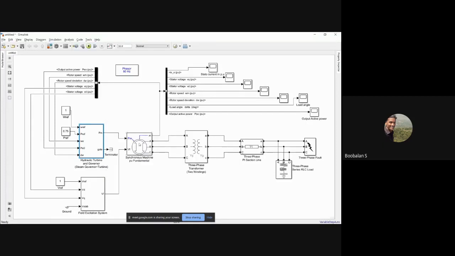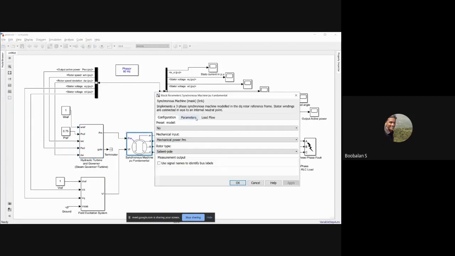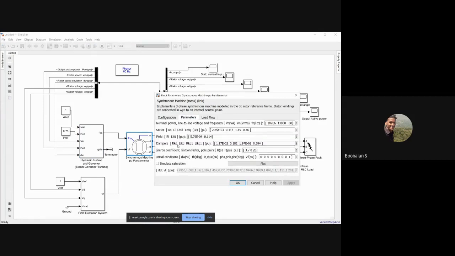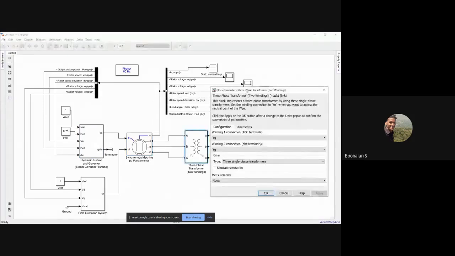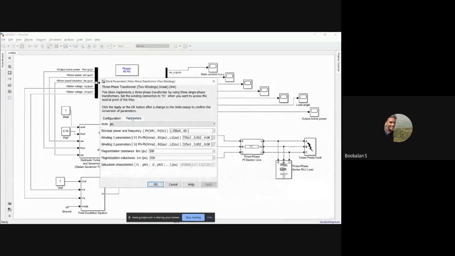And here there is a synchronous machine. Just now we have seen stator and field, damper winding, initial coefficient, everything. And this is my transformer, right? So here you could see the nominal power is about 250 megavolt-amperes, the VA rating.